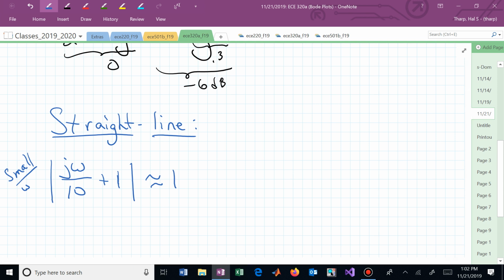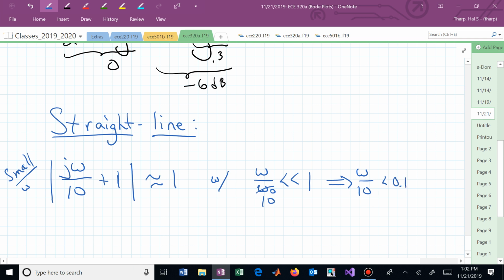And when is that going to happen? Well, here's our approximation. We're going to say that it's approximately 1 when we have the imaginary component, which is omega over omega naught, which in this case is 10, much less than 1. What we are agreeing to is that we will say we need omega over 10 to be 0.1. 0.1 is much less than 1. That's our